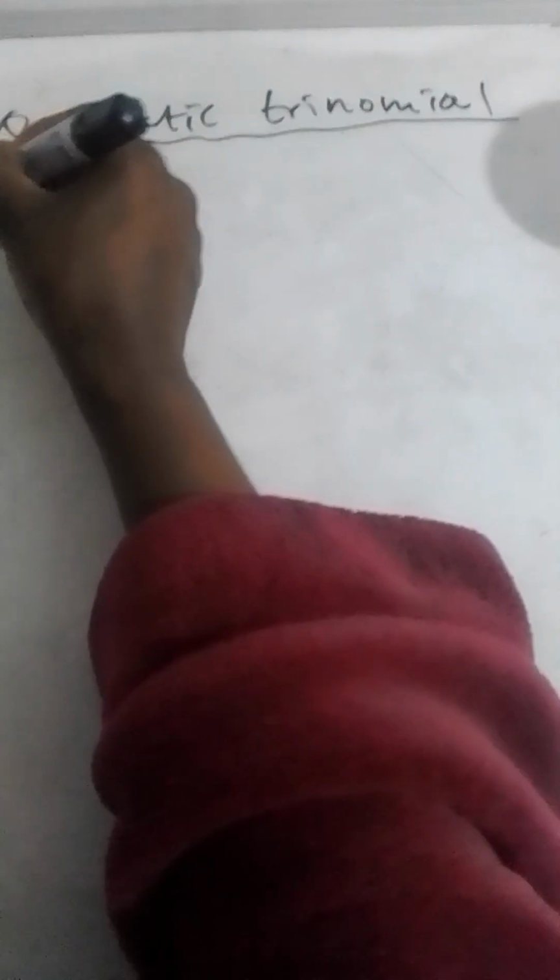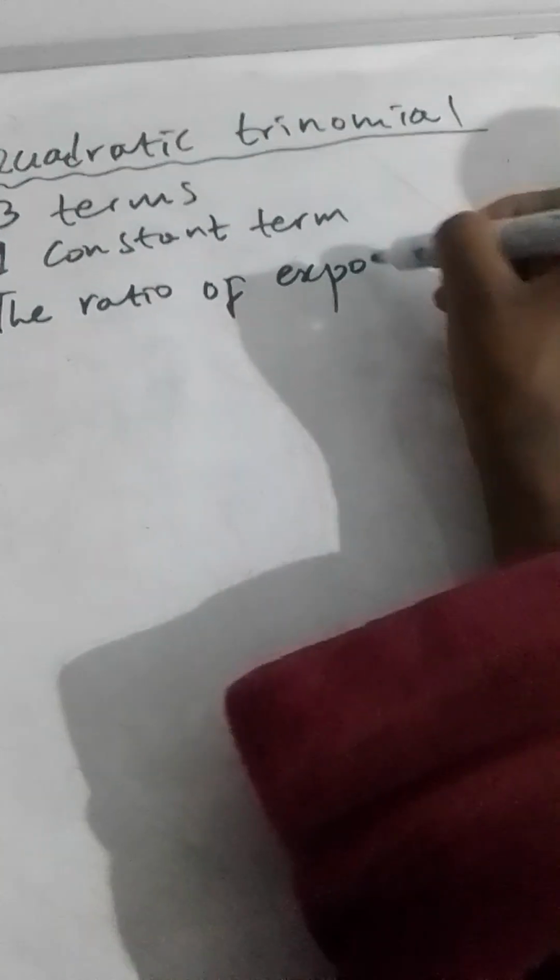So a quadratic trinomial, let's just write some notes. Quadratic trinomial. So first, trinomial means 3 terms. So it's an expression with 3 terms and one constant term, and lastly, the ratio of exponents